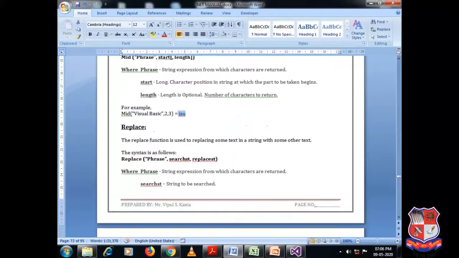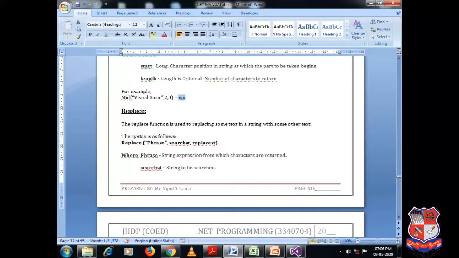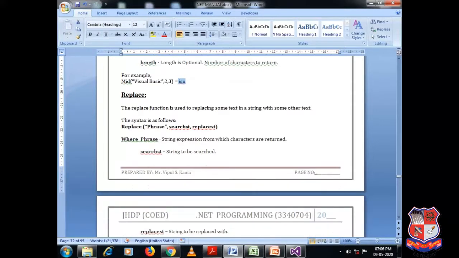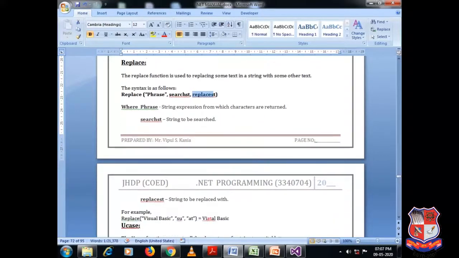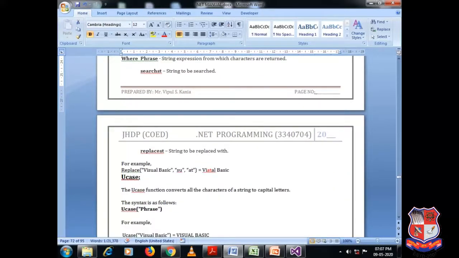Okay. The next one is the replace function. The replace function is used to replace some text in string with some another text. The syntax for that is replace given string, the original string to be searched and the new string to be replaced. Okay, where phrase represents string expression from which characters are returned. Search st, that is the string to be searched in given string, and replace st represents the string to be replaced with.